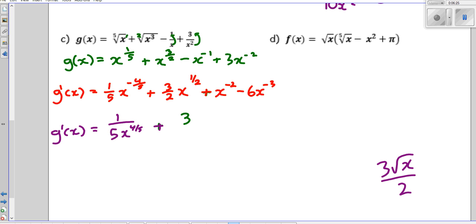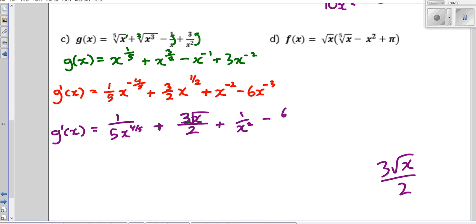Could you do 3x to the half over 2? Yeah, that's also okay. 3x to the half over 2, or 3 square root of x over 2, if you think that looks nice. But the problem with this one is it's a negative index, so what should I turn it into instead? 1 over x squared. And this one is a negative index, so it's minus 6 over